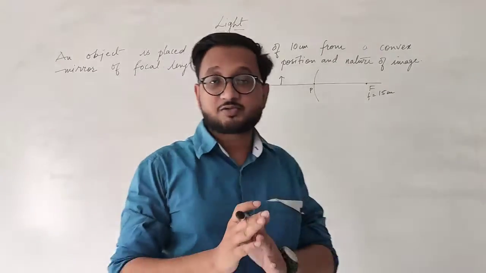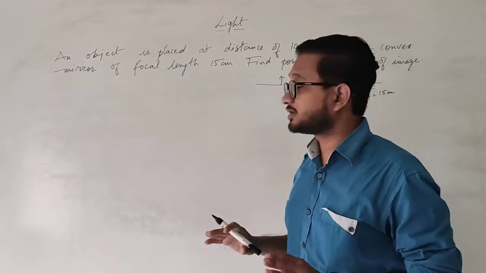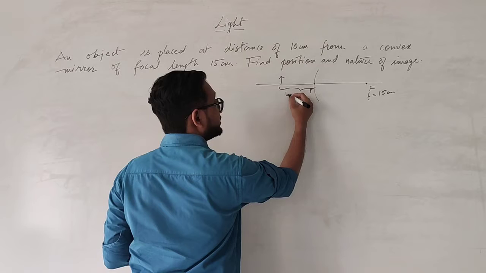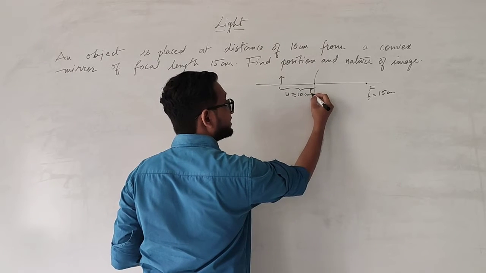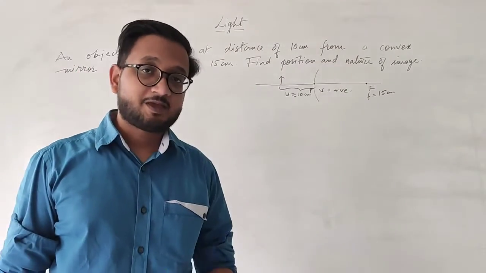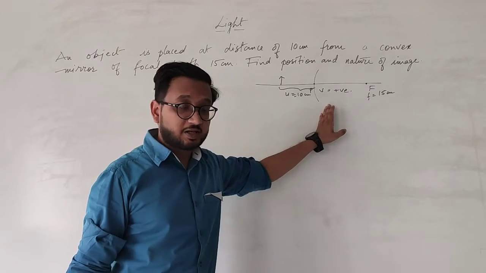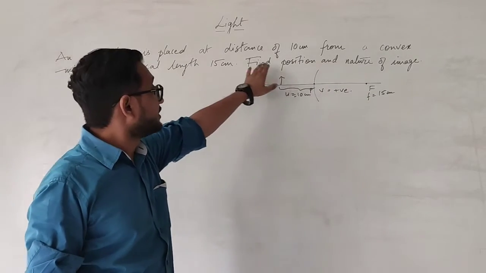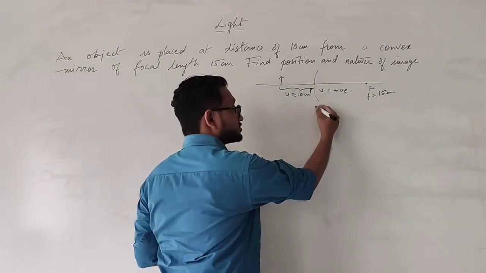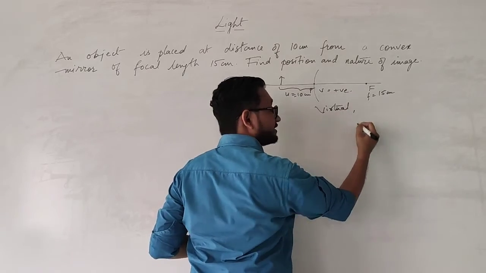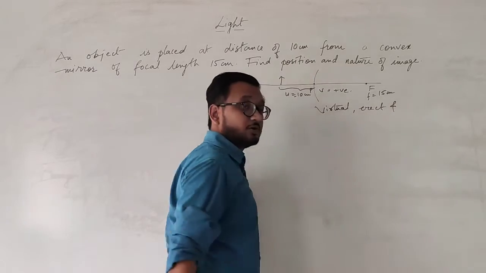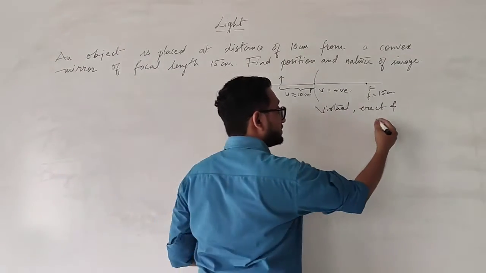So in this particular case, you don't need to draw the accurate ray diagram, you don't need to draw a neat and clean diagram, you just need to solve the numerical. Now because this is a convex mirror, over here u is minus 10 cm, and your v will always be positive, and it is always going to produce a virtual image behind the mirror. Okay, so first thing, you know the nature of the image is quite simple. It is going to be virtual, it is going to be erect, and it is going to be diminished. Image is always going to be diminished.